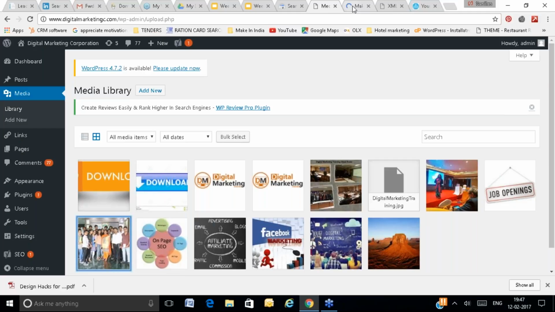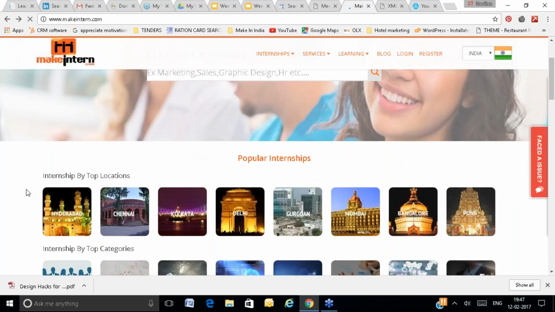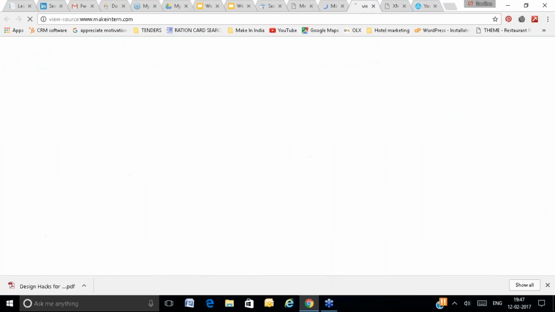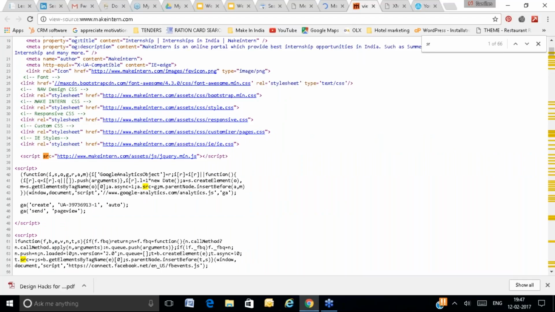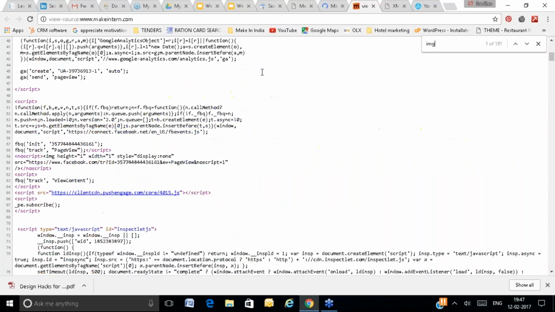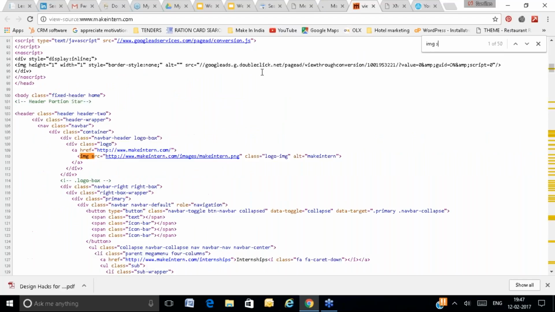If it is not a WordPress website, then you can follow this syntax. Press Control U and see the source of the website, and you can see the img tag with its image source. This is the way we place an image on any website.